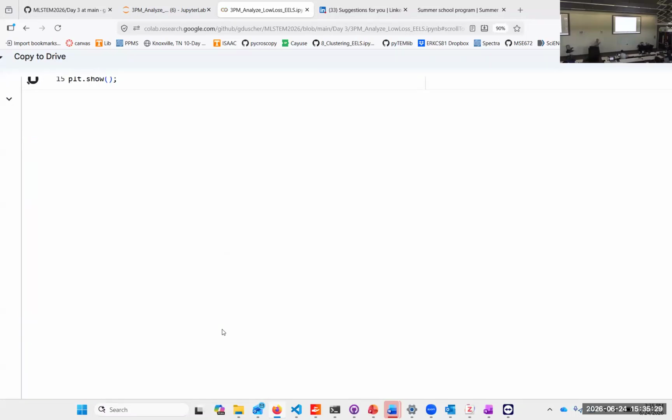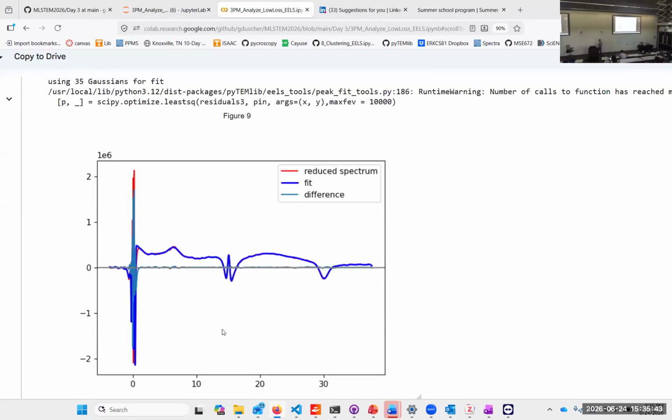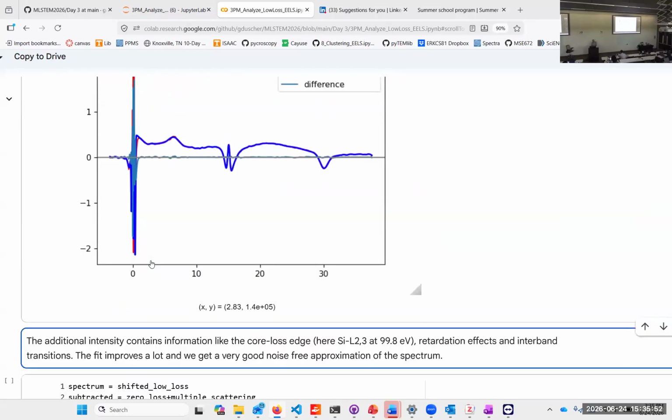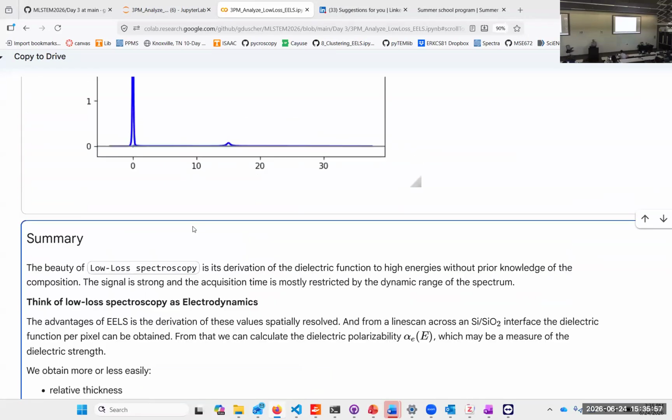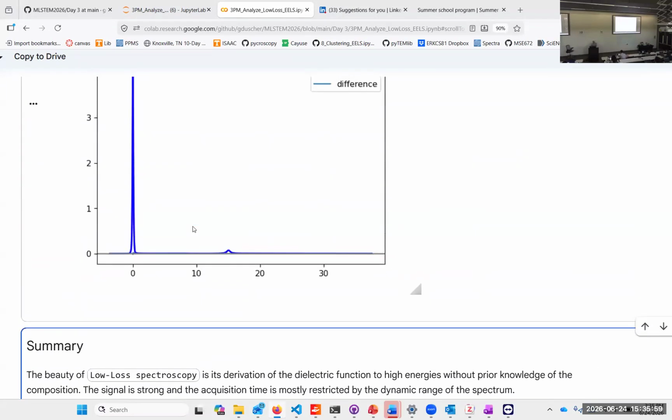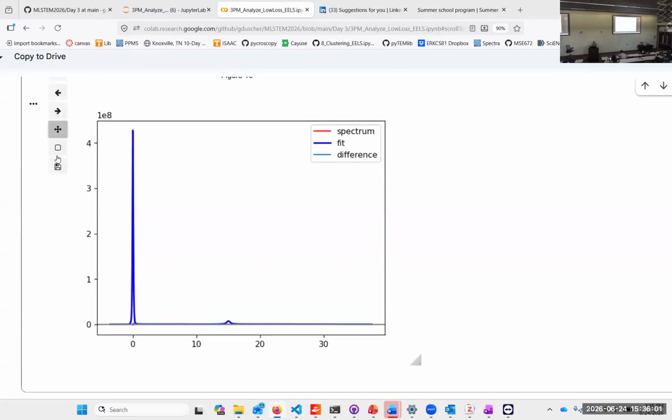If I fit the spectrum minus my fit with that kind of approach, I get a very noise-free representation of the difference, possibly the very informative data here, and this fit plus the fit that I had before gives me a nice representation of the